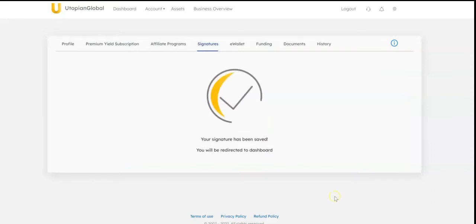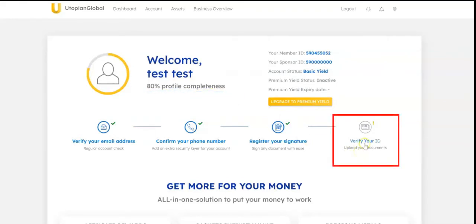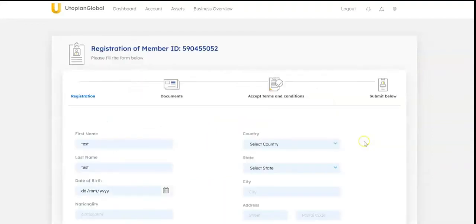Saved. Now I'm going to be redirected to the dashboard. So we see 80% of my profile is now completed. Now I'm just missing to upload my documents. And for uploading the documents, we always recommend that beforehand, before you start your KYC,